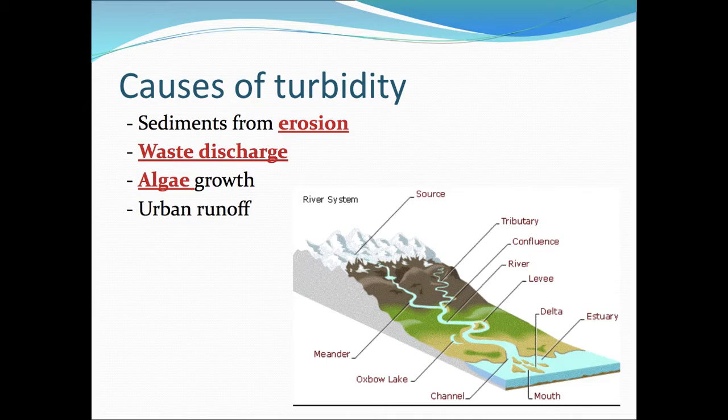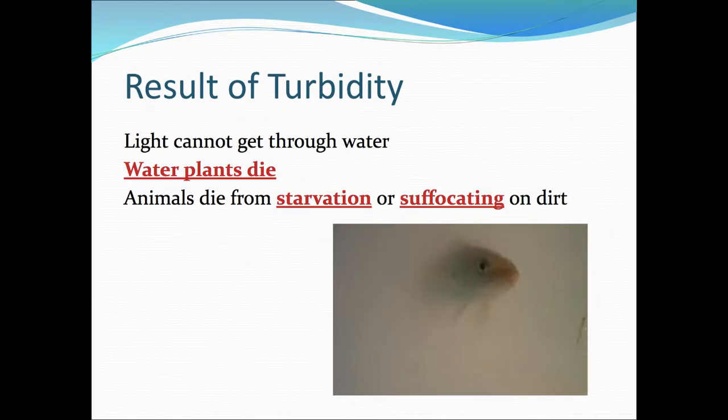Now, why do I care about turbidity? The results. Light cannot get through the water. Light is scattered and reflected or refracted. Plants are going to die in murky water, because plants need light to survive. Without the plants, the animals that live off of them are going to die of starvation or by actually suffocating